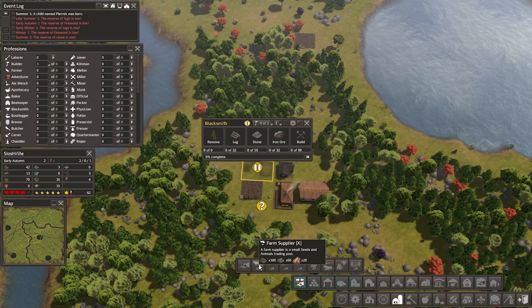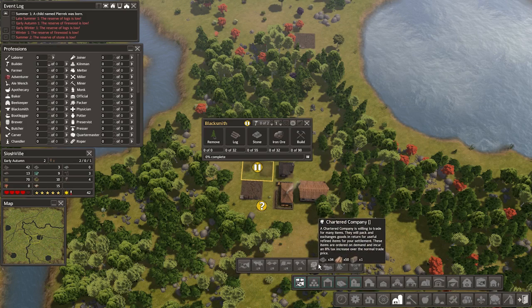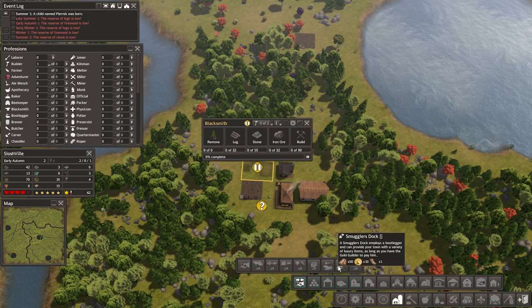So these are markets where you literally will only get seeds and animals, and like this one's just industry, just dry goods, just food. Charter companies willing to trade for many items. They will pack and exchange goods in return for useful refined items. These items are ordered on demand, incur an 8% tax increase over the normal trade, so that's kind of cool. Smuggler's Dock employs a bootlegger and can provide your town with a variety of luxury items as long as you have the gold gilder to pay him, so we need to get a gold gilder. Fruit seller stores fruit and vegetables and products that contain...